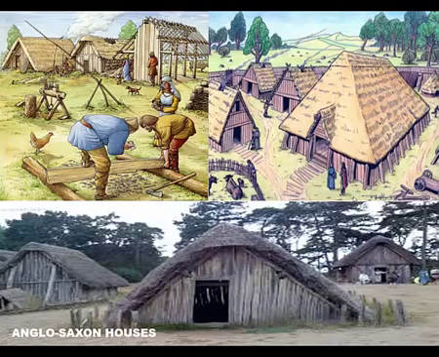Roman houses were made of brick or stone and had a tiled roof. They even had glass in their windows and underfloor heating. We know what the Saxon houses may have looked like from excavations of Anglo-Saxon villages. In West Stow, an early Anglo-Saxon village has been carefully reconstructed where it was excavated. Using clues from what was discovered, archaeologists have reconstructed the houses as they may have looked 1,500 years ago.